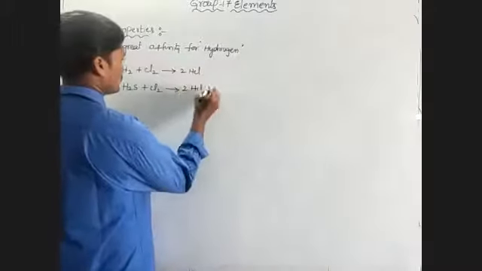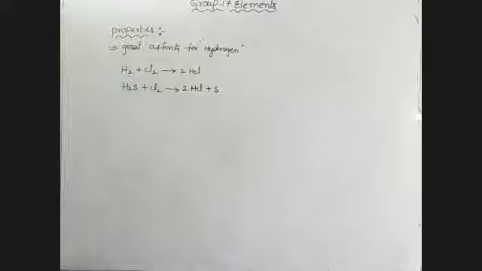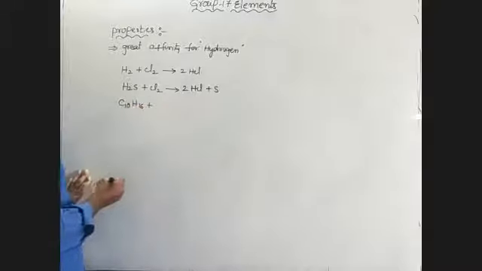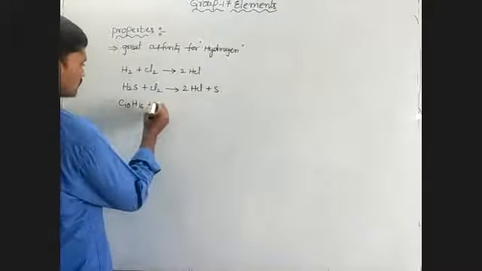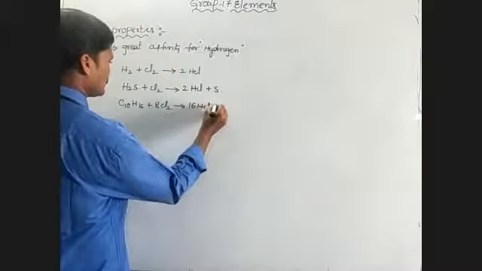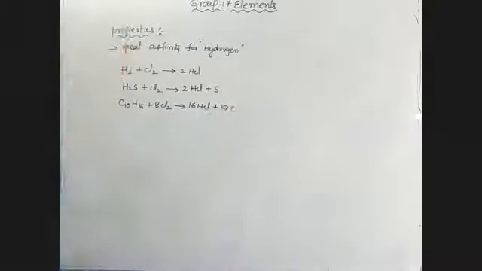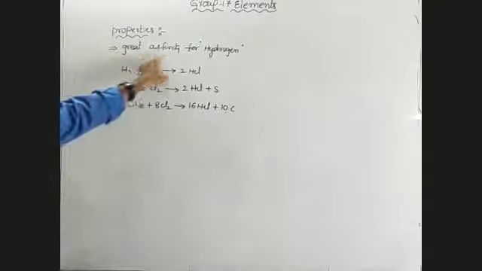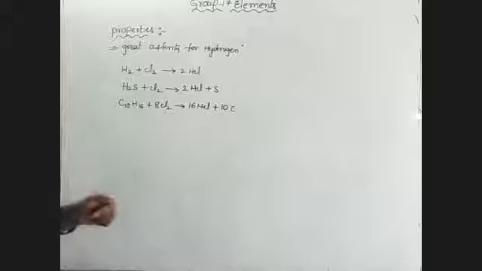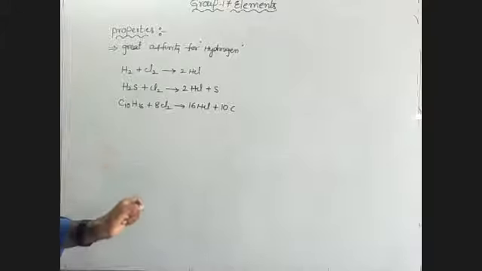And chlorine combines with hydrogen sulfide, H2S. It forms HCl and sulfur. And it combines with decane, C10H16. It forms 16 HCl and 10 moles of carbon. So chlorine has a great affinity for hydrogen. So this chlorine combines with compounds having hydrogen. Hydrogen ఉండేటటువంటి compounds తో react అయ్యి HCl ని form చేస్తున్నాం.